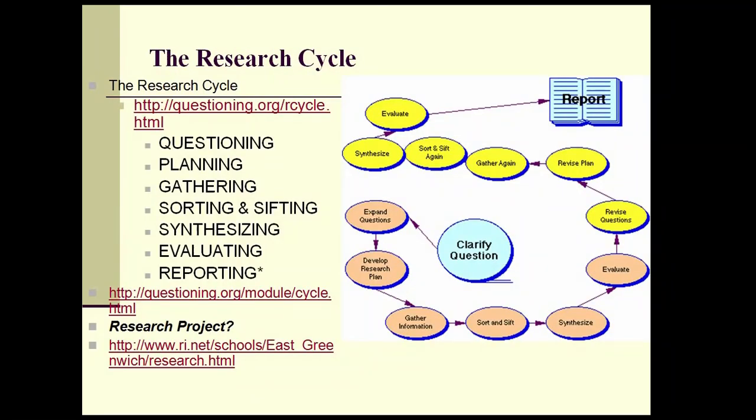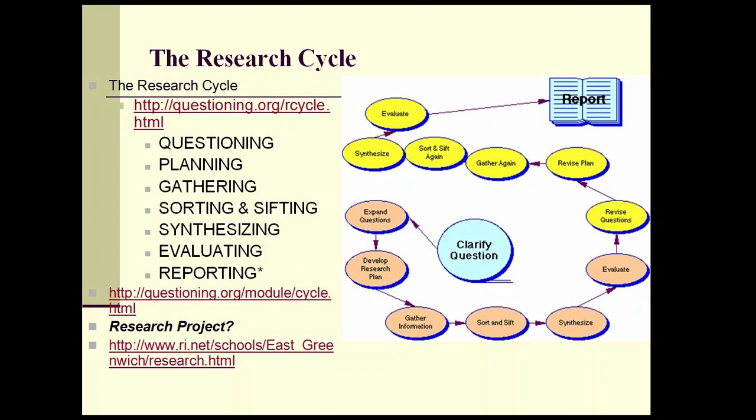Now coming to the research cycle, here you see there are some processes in a research cycle. They are questioning, planning, gathering, sorting and sifting, synthesizing, evaluating and reporting. Here you see there are two different colors used for the same process. One is brown color, another is yellow color. Why the brown color? The brown color is meant for